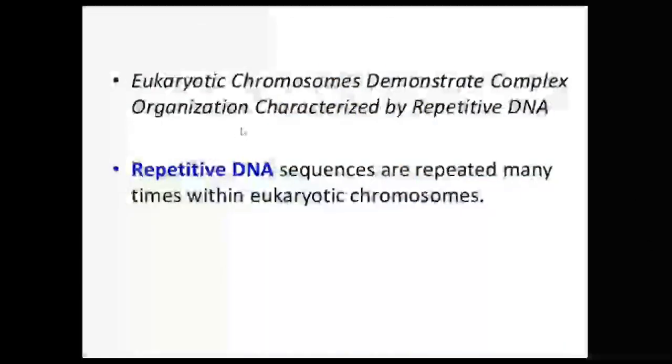And these eukaryotic chromosomes have repetitive DNA. Out of 100%, most of it, that is 95% or 98%, will be repetitive DNA. Very little non-repetitive DNA sequence will be present. And that non-repetitive DNA sequence gives the coding and is useful for the formation of phenotypic features.